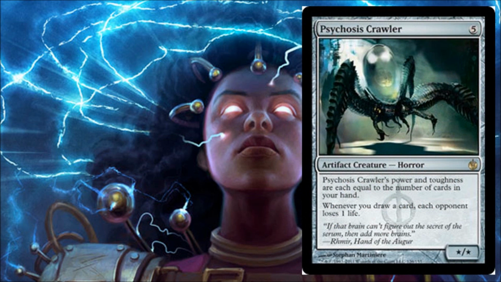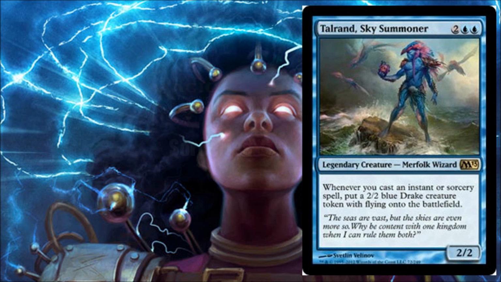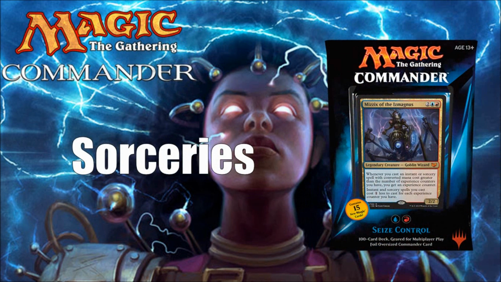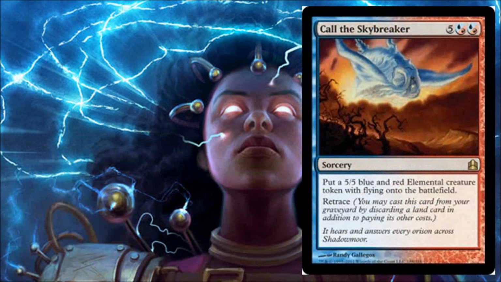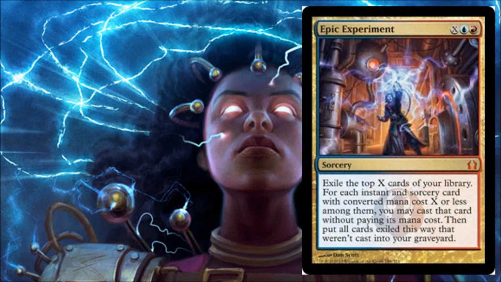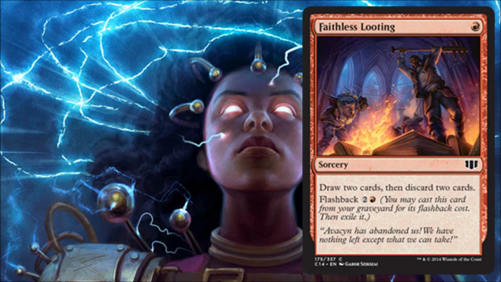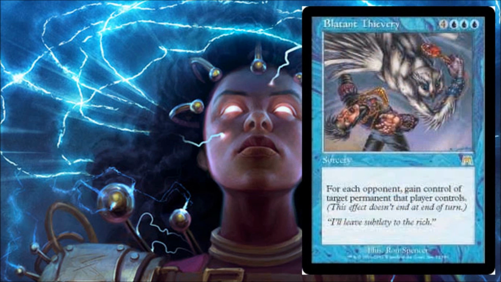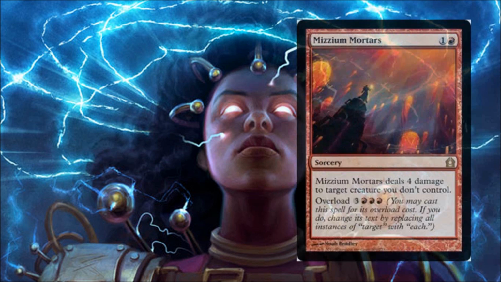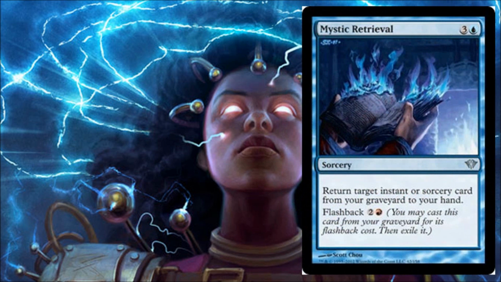Psychosis Crawler, Talrand Sky Summoner. Now let's look at sorceries. Call the Skybreaker, Chain Reaction, Epic Experiment, Faithless Looting, Blatant Thievery, Mizium Mortars, Mystic Retrieval,